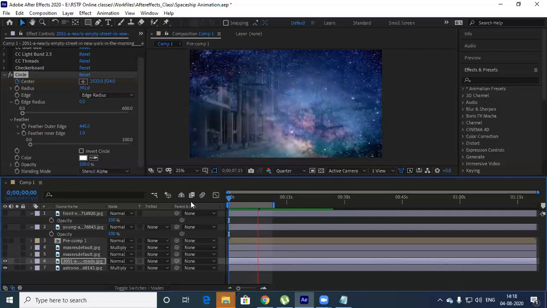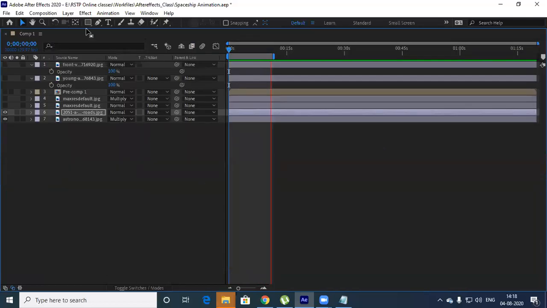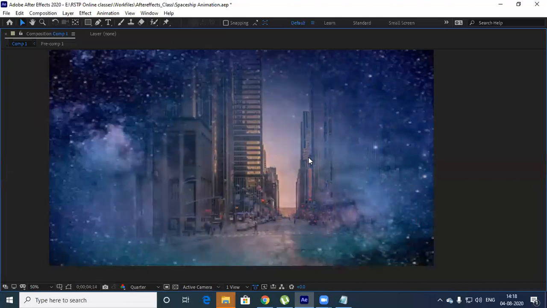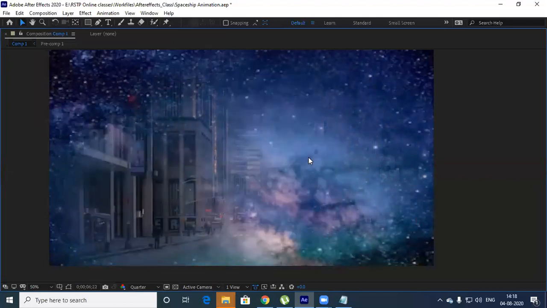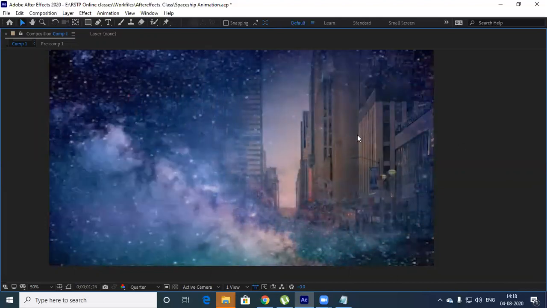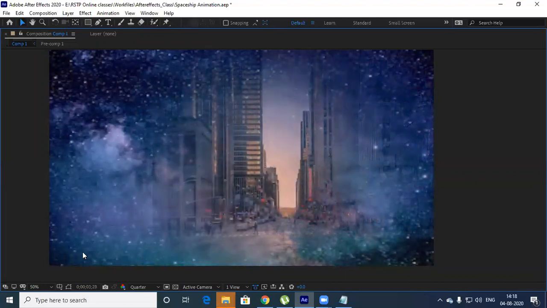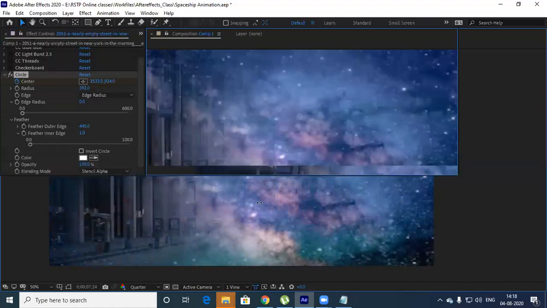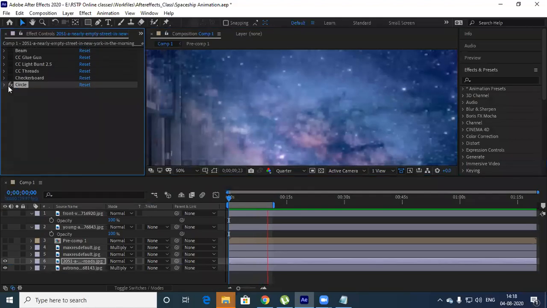See what type of animation we are getting. So it is visible here. From here automatically you are able to see the content. It is revealing the behind content. So this is circle.